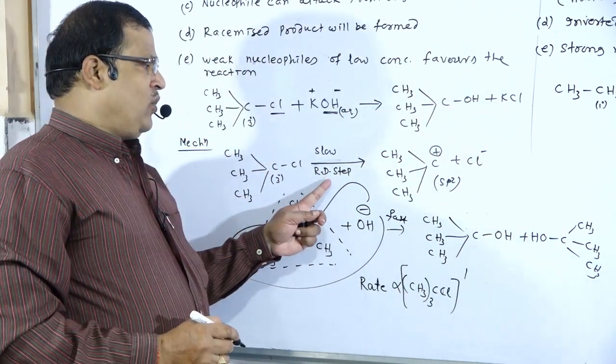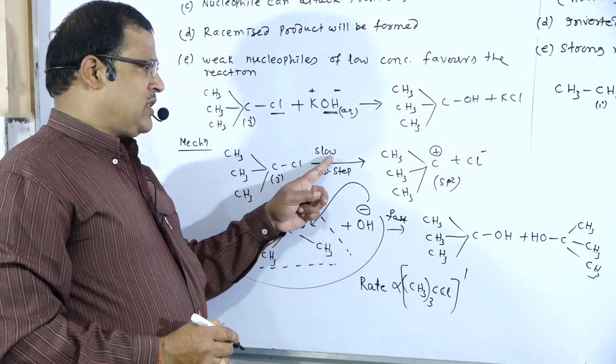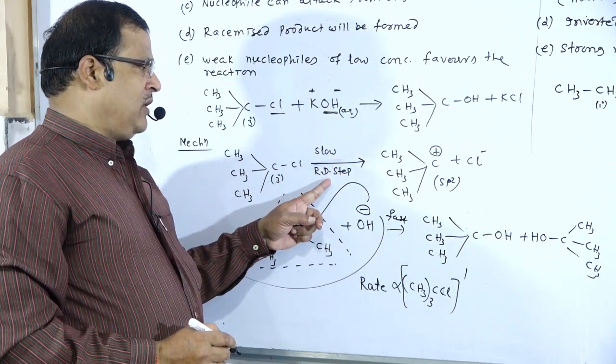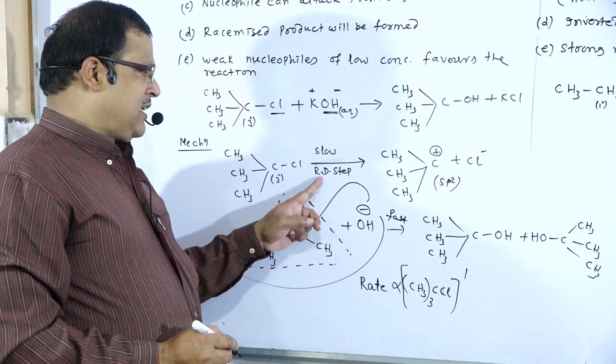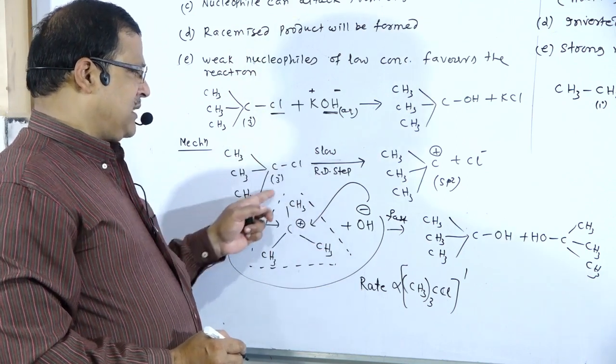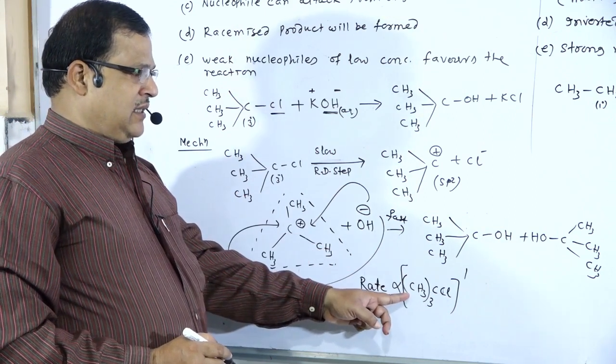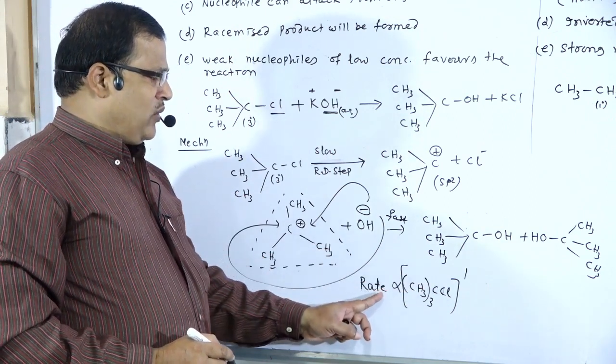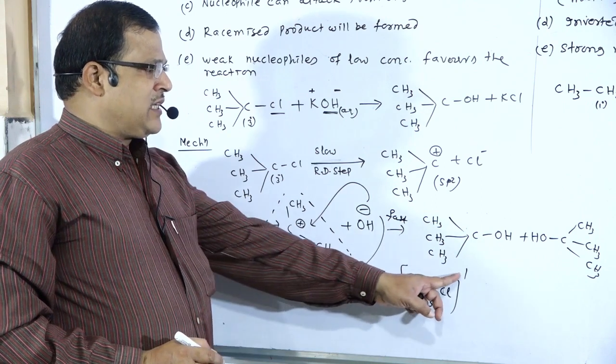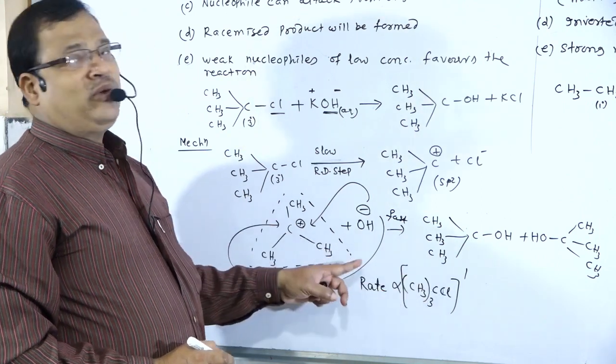Because this is the slow and rate determining step, the rate of the reaction is directly proportional to the amount of the substance present at that instant, that is the tertiary alkyl halide. Therefore, the rate only depends upon the concentration of that one species. Therefore, that is unimolecular